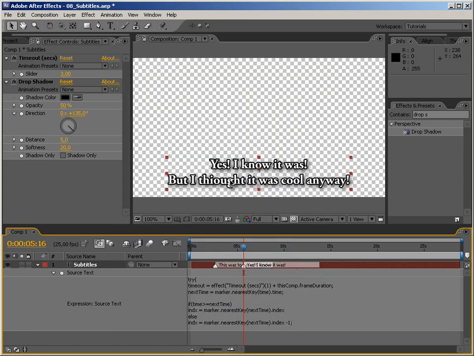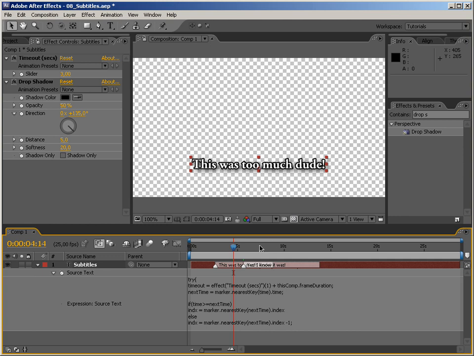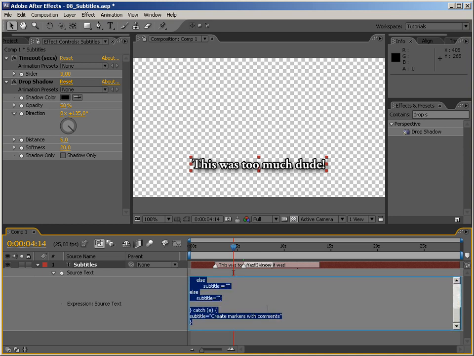And as you see, now we got two lines of the subtitles, right? But the first one is on the top. And sometimes that's not right. Maybe you'd like them to be aligned to the bottom line at all times. And I actually think that I would like that. So what we can do to make this happen is that we need to just modify this expression a little